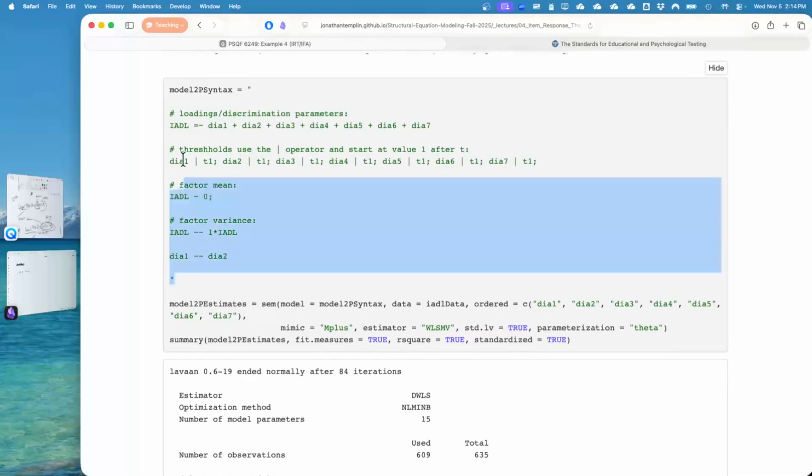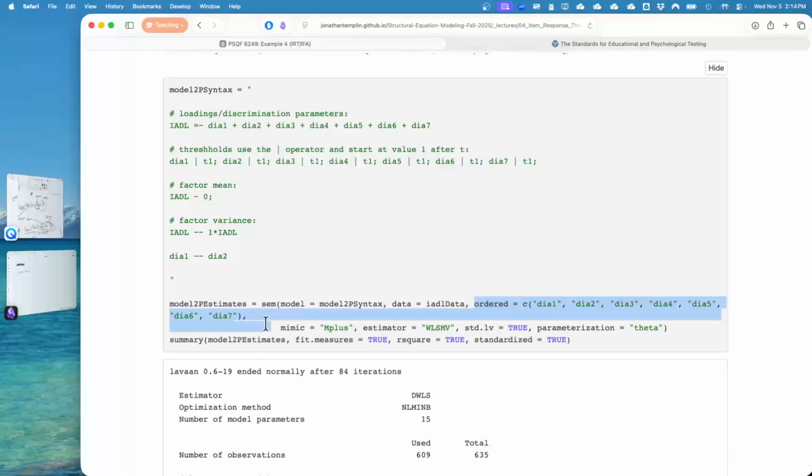Okay. So here's your syntax for lavaan. If you want to submit it, the only difference in submission to lavaan is this ordered statement. So the option ordered tells lavaan each one of the names of the variables afterwards are categorical. And when lavaan sees that, it treats this as if it were an item factor analysis and switches it automatically to do the estimation for it. So literally, if you don't include this line right here, it's fine. You can just run this model and get what you need.